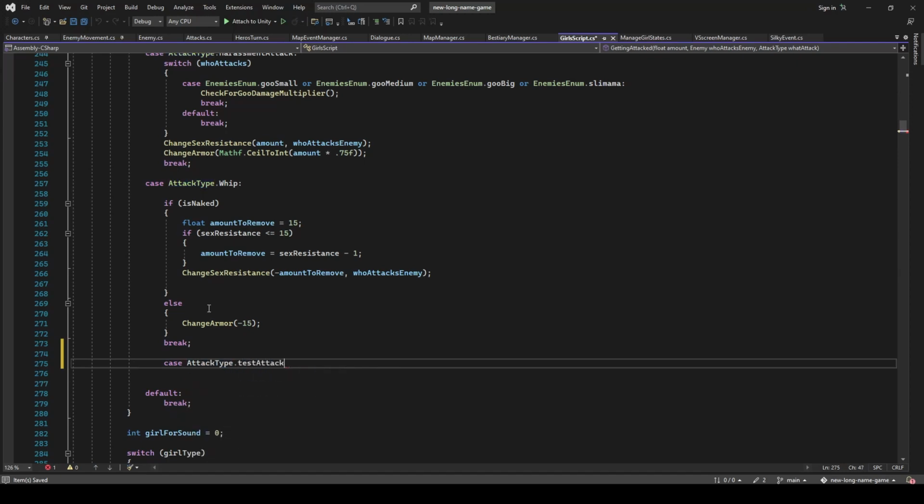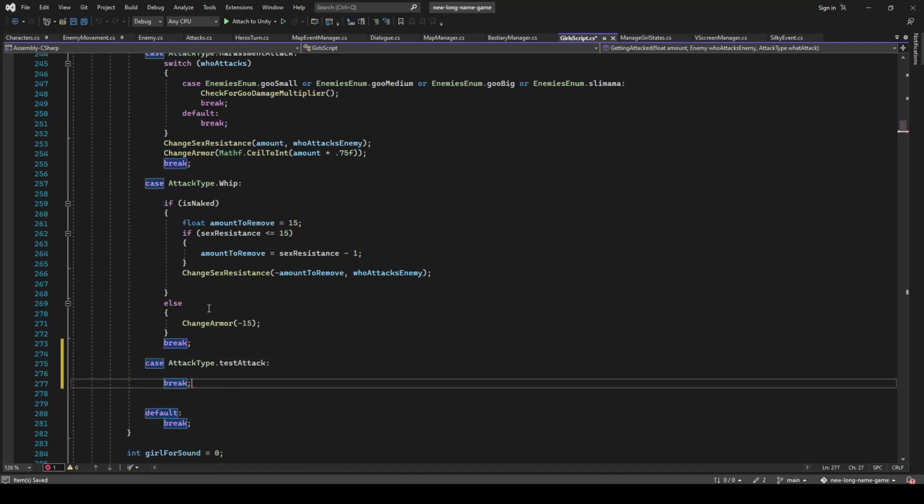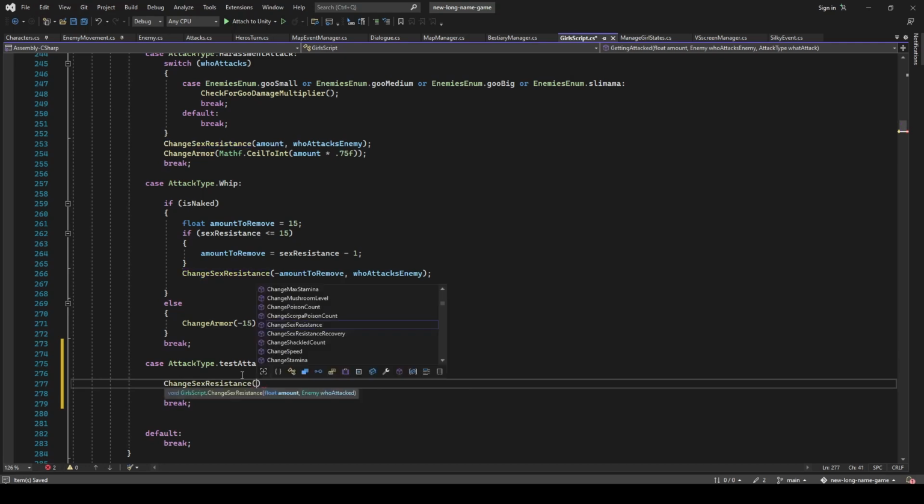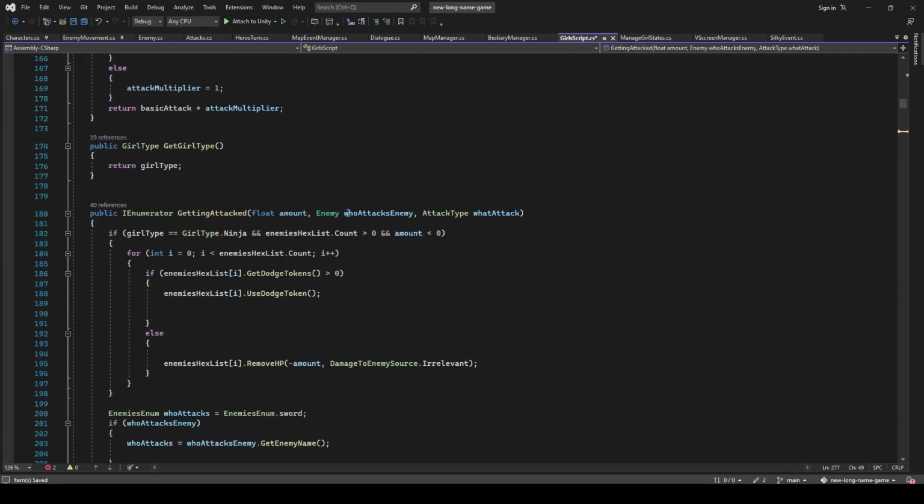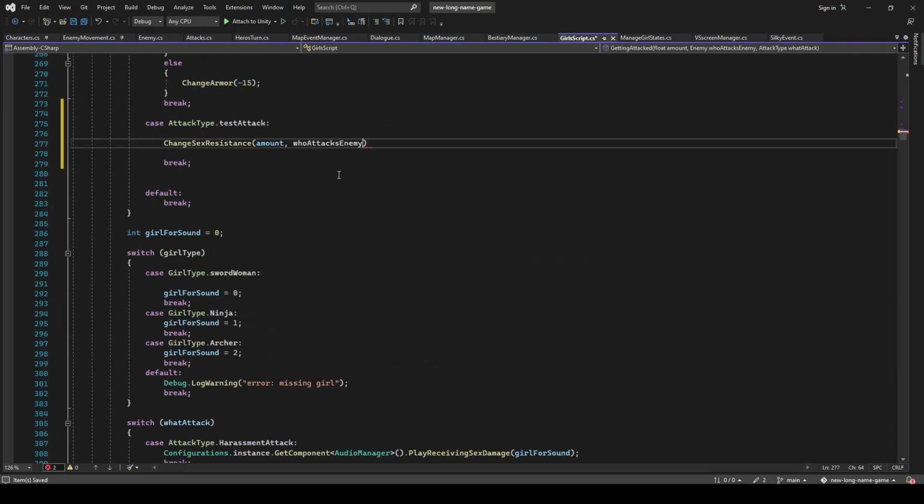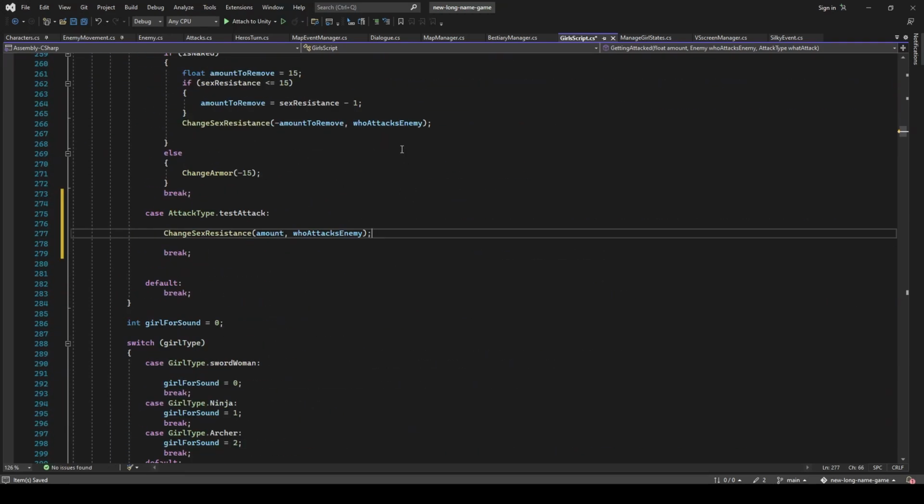So what this attack will do is, we'll see if this attack is the new one, which is the test attack, we will just remove her sexual resistance. So we will do the amount that was chosen, which is 15 for damage, and the enemy who has attacked is the one in here, which is the who attacks enemy. So just copy this,